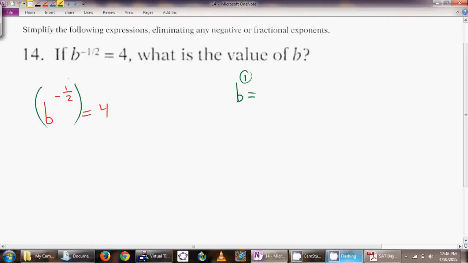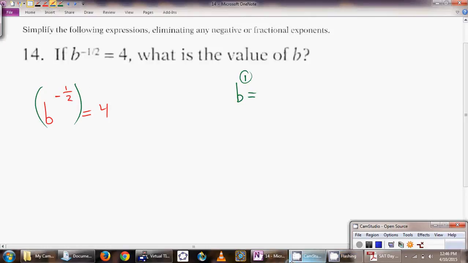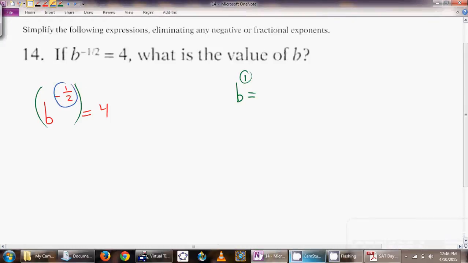And the interaction between powers is one of multiplication. So if I want 1, I need to do the reciprocal. I need to raise this to the reciprocal power. The reciprocal of negative 1 over 2 is still negative, and then I'm just flipping my numerator and denominator. So it's negative 2. If I raise the left side to the negative 2 power, I'm going to get